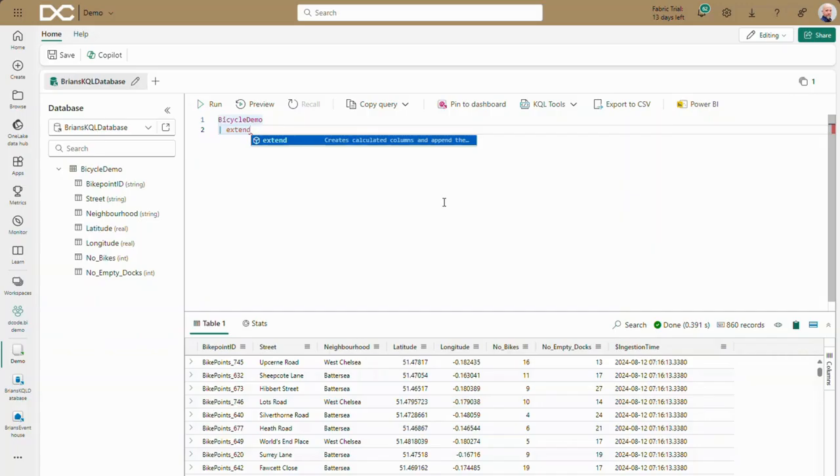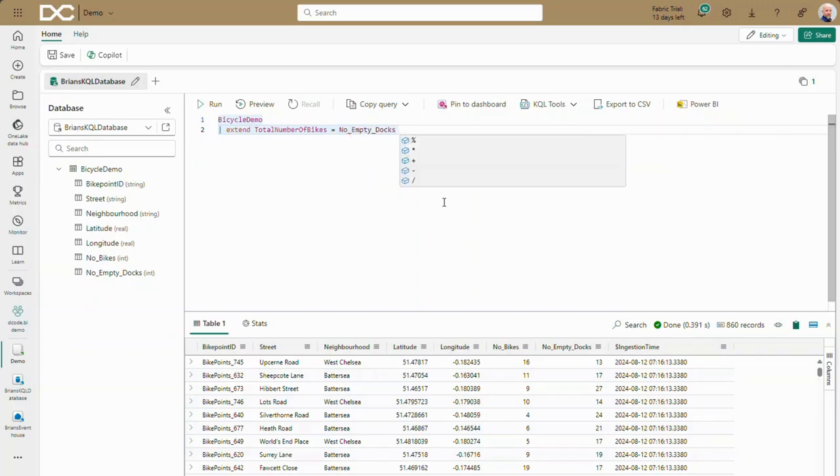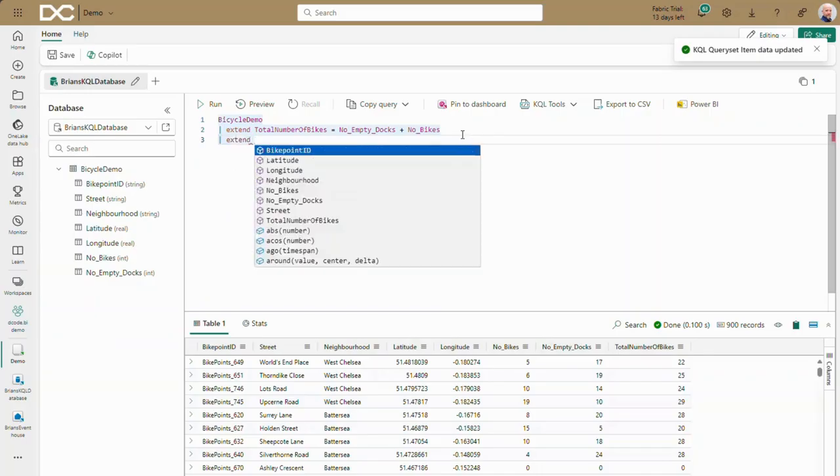So in order to demo that, I will add the total number of bikes equals number of empty docks plus number of bikes. This now gives me a new column named total number of bikes, and I would also like to extend one